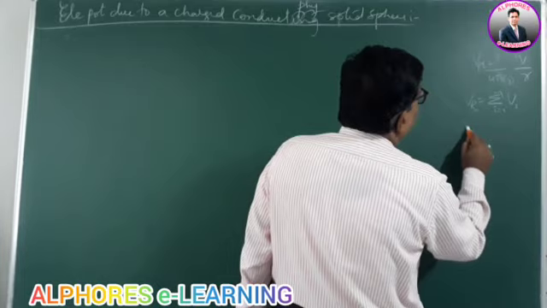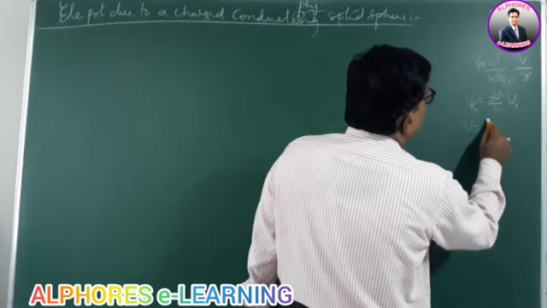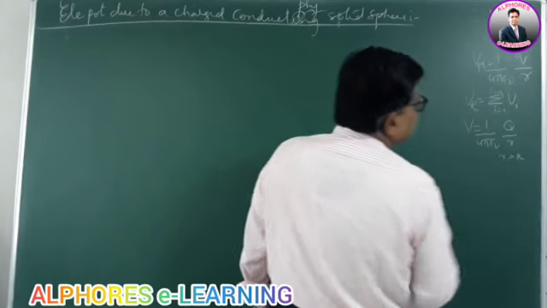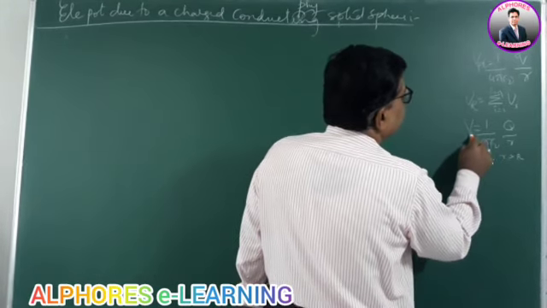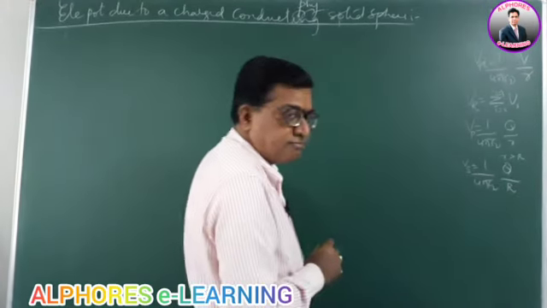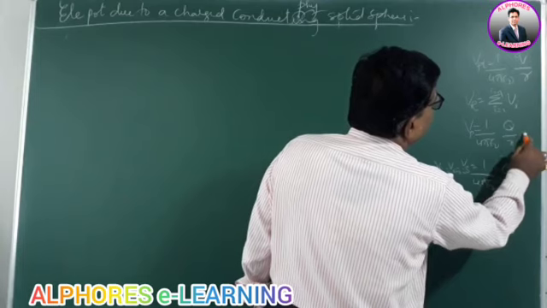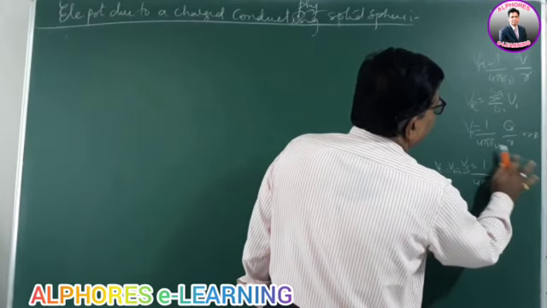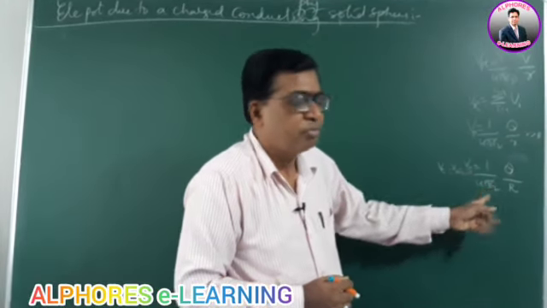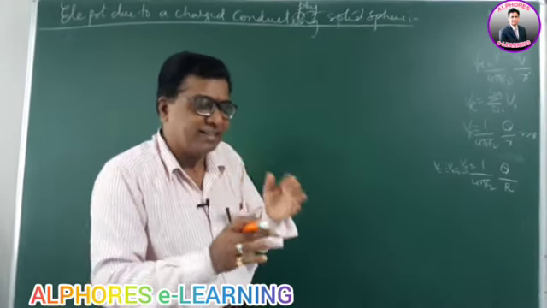Later we derived the formula for the potential due to a hollow charged sphere. We got the potential due to a hollow charged sphere as 1 by 4 pi epsilon naught Q by r for r greater than its radius R, which is an outside point. On the surface we got it as 1 by 4 pi epsilon naught Q by capital R. The inside is also the same, and the center is also the same. This is for r greater than R, and this is for all r less than or equal to R. This is the potential for a hollow charged sphere, whether it is conducting or not conducting, that is the point.